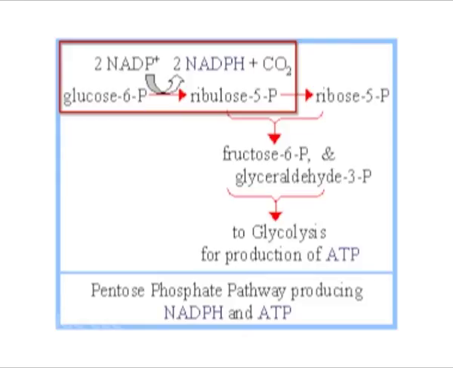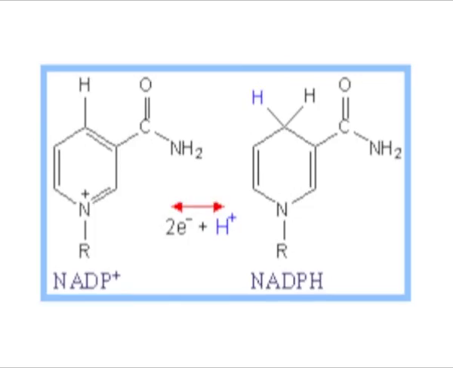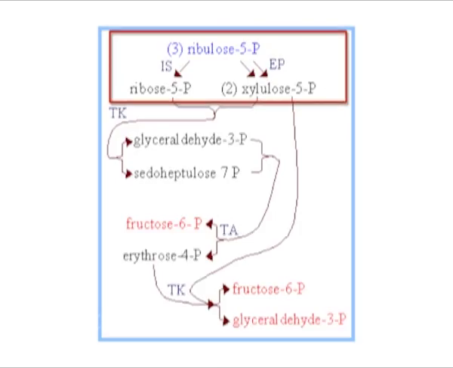In the first step, glucose-6-phosphate is oxidized into ribulose 5-phosphate and carbon dioxide. During the oxidation of glucose-6-phosphate, NADP plus is reduced into NADPH. The second step of the pathway converts the ribulose 5-phosphate into other pentose 5-phosphates, including ribose 5-phosphate used to synthesize